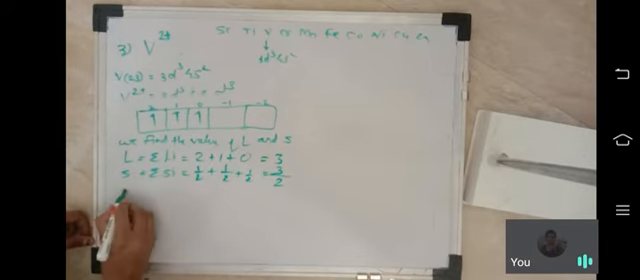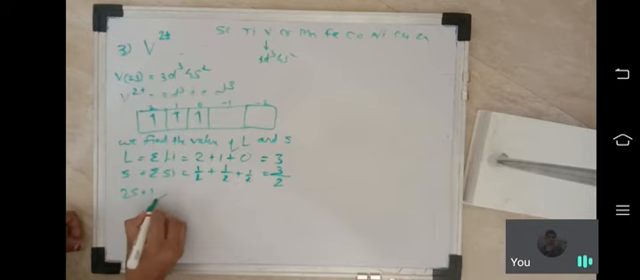What is the formula to find out the ground state term? 2S plus 1 times